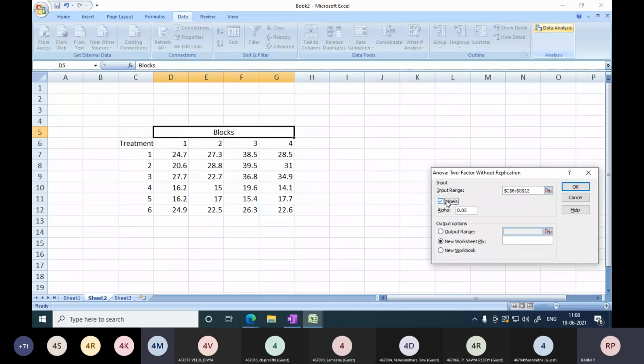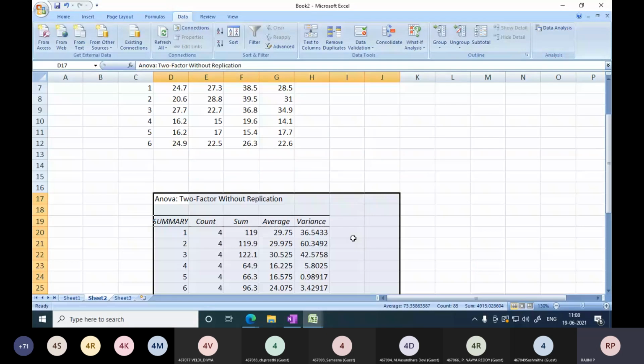Yeah, and the level of significance by default is 5% only. If in the question they give anything else, you just change that. If they did not give, then take 5%. Don't touch this alpha. Then click on the output range. Put the cursor there, because whenever you are clicking, by default it will move to the input range. So if you select anywhere, the input range will change. So be careful before selecting. Put the cursor in the blank area of the output range and then select the area. Then okay. You got an output.